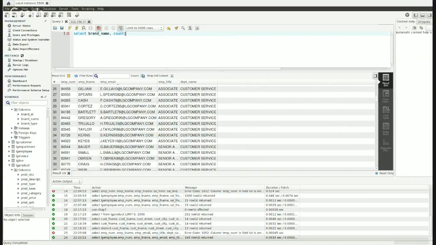Count prod_SKU. That's the primary key of the table in there. The thing is, if you use the count function, you want to count a field that actually has a value for every row. And so by using the primary key of that table, I know that there will be a value for each of those. If it encounters a null, I think it doesn't count it. And so you want to use that count on a field that does have a value for everyone. Okay, I'm going to give it an alias as prods